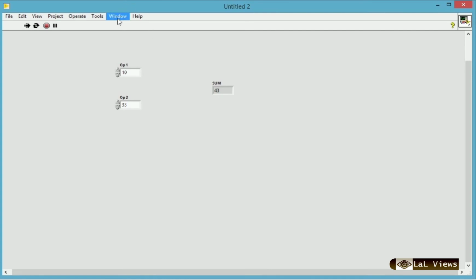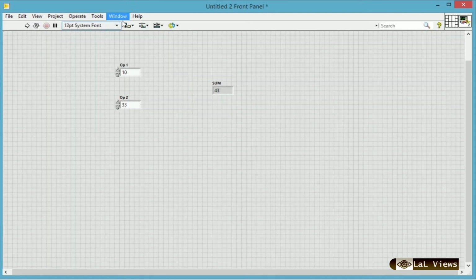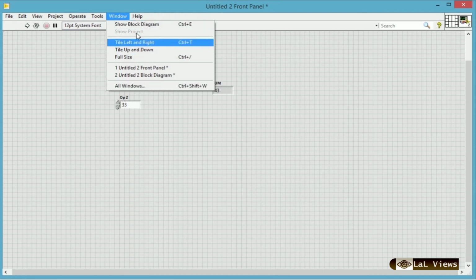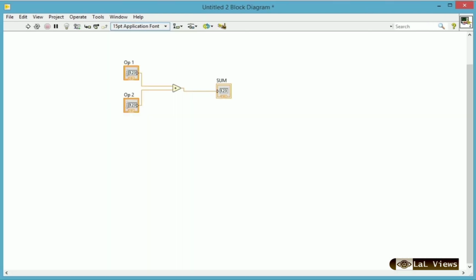Okay, now stopping the operation and going to the block diagram. If you want to display the product, difference and the quotient of the operation between these 2 operands, you can use the same operands with different functions.